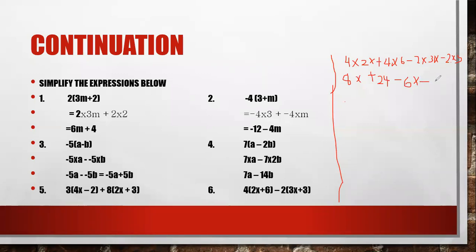We collect like terms, and so we shall have 8x minus 6x plus 24 minus 6. That's 2x plus 18. Is that what